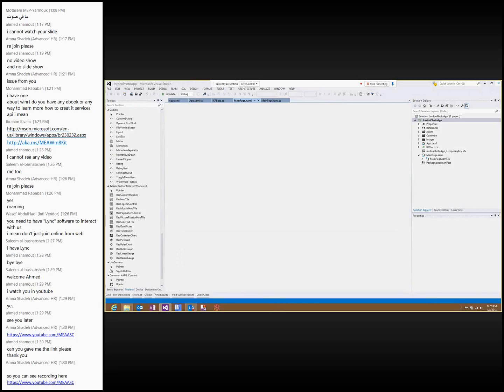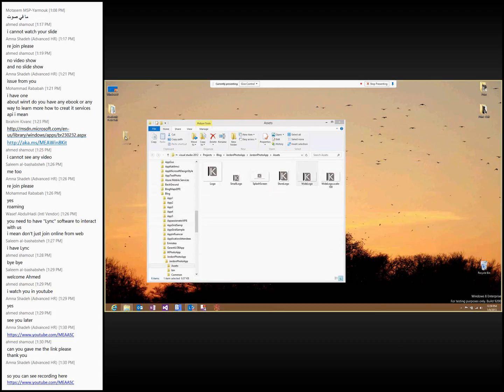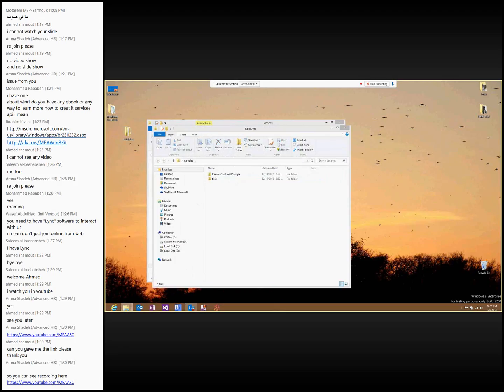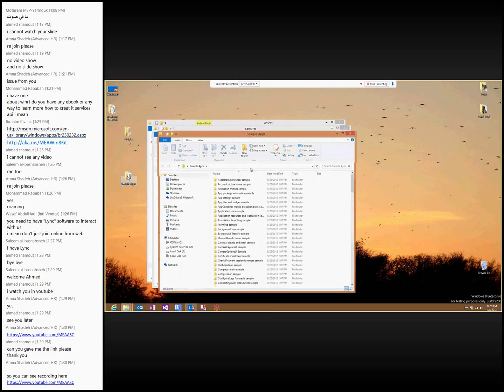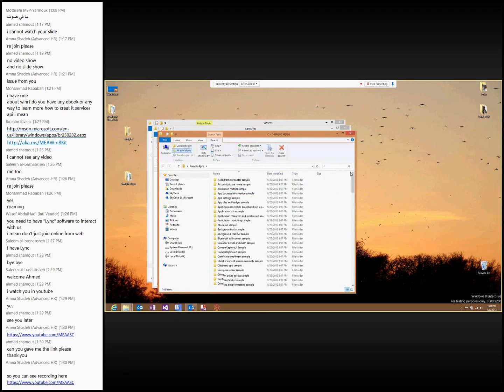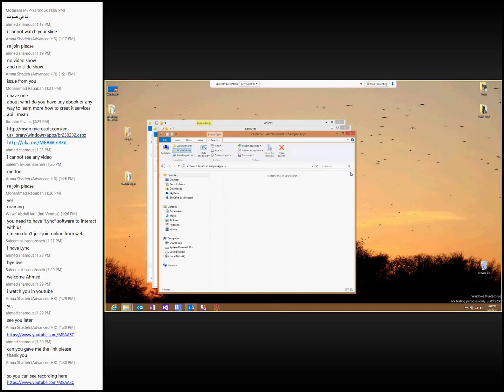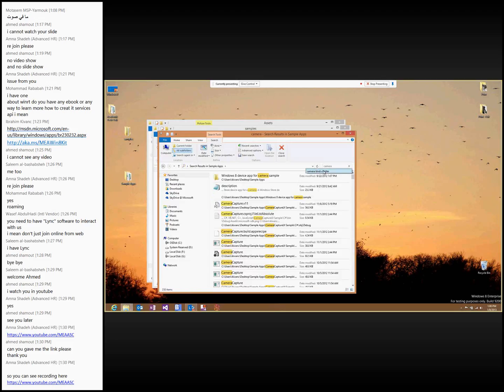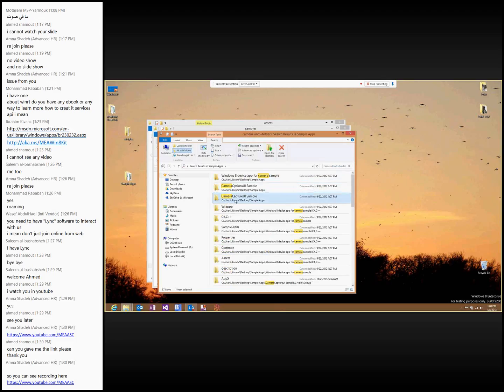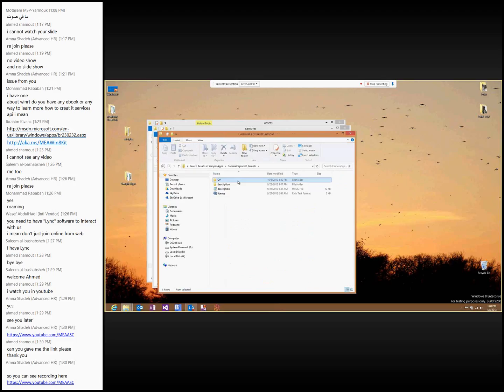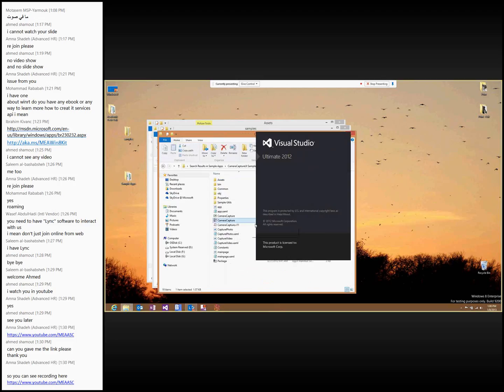So I just wanted to show you the last thing, the samples. 200 samples. So let me check it. So we have sample labs. With these sample labs, we have around 200 samples regarding your application. For example, if you are looking for a camera sample, you can go there and easily check for camera samples. For example, the camera capture UI sample. So if I go there and run the camera capture,